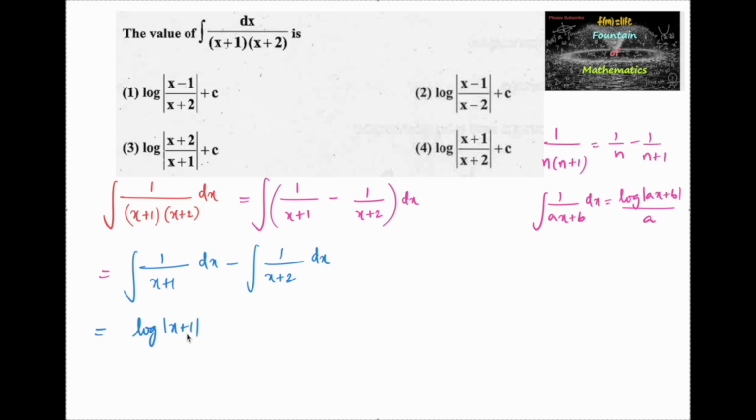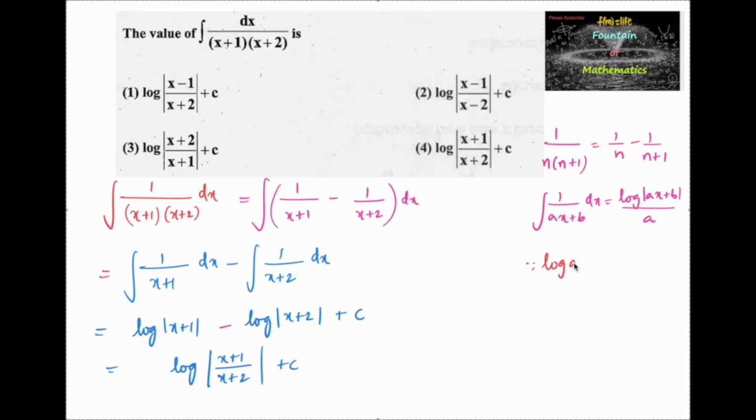So here the coefficient of x is 1, so you can write log mod of (x plus 1) minus log mod of (x plus 2) plus integral constant c, or we can also write log mod of (x plus 1) divided by (x plus 2) plus c, since